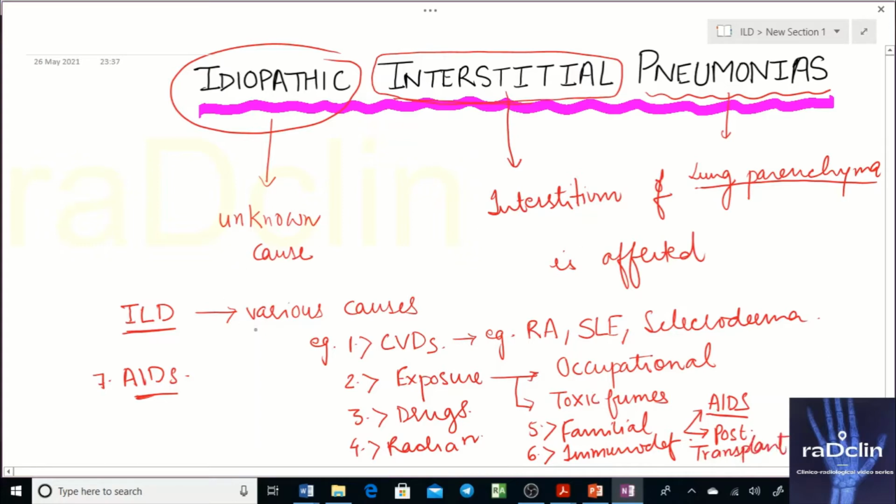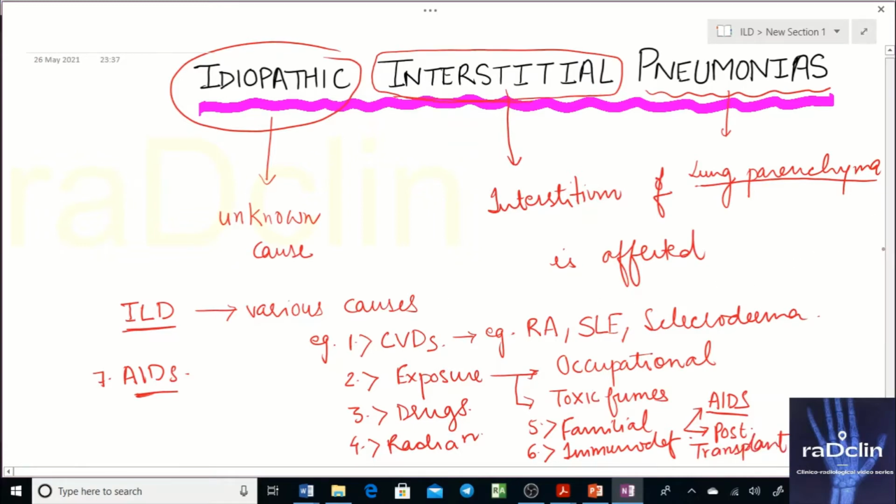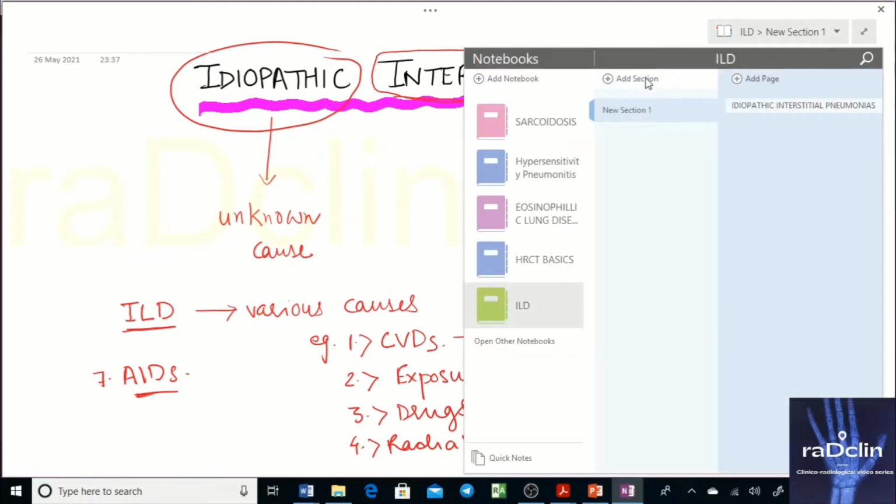So all these are the causes. When we want to tabulate causes of ILD, they can be associated with so many things. But the topic that I have written is idiopathic. This means they have an unknown cause. So what does it mean? It simply means that when you discuss ILD,